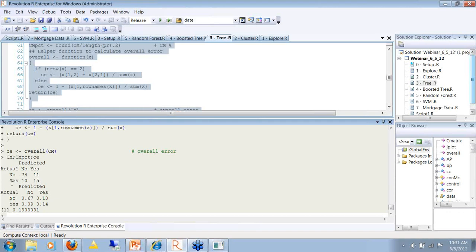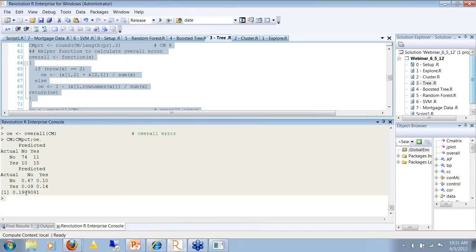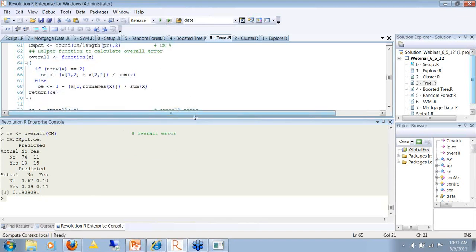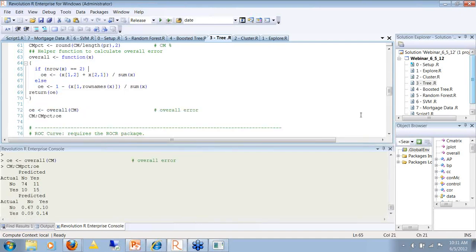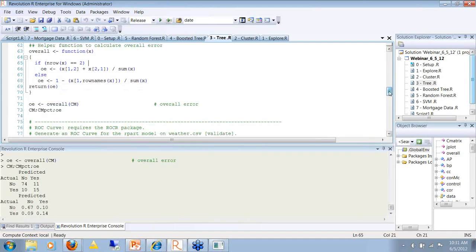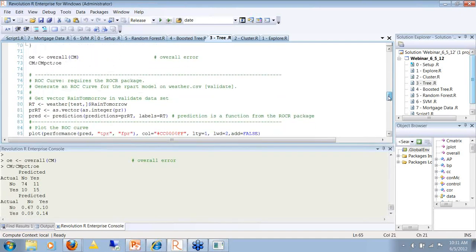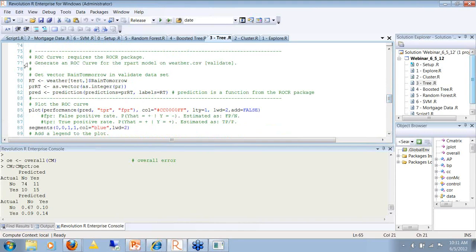There were also 15 observations where it did rain, and the model predicted rain. And these over here are where the errors were. You can see the overall error rate was about 19%. Not bad for an off-the-shelf attempt at model building where we didn't do much in terms of optimization.